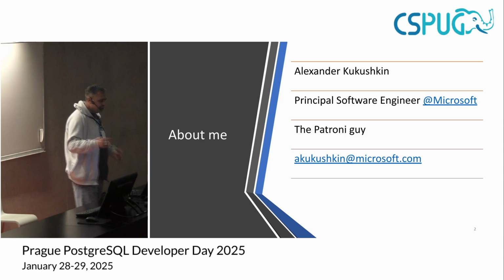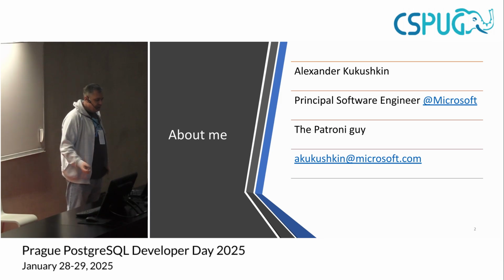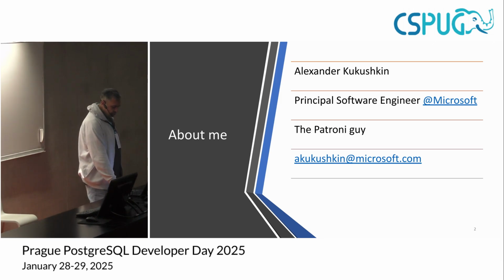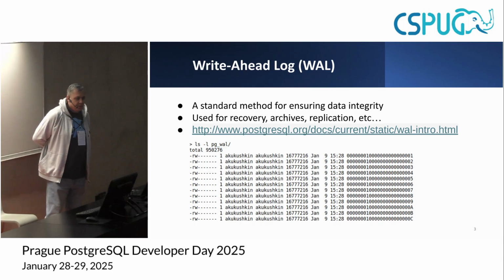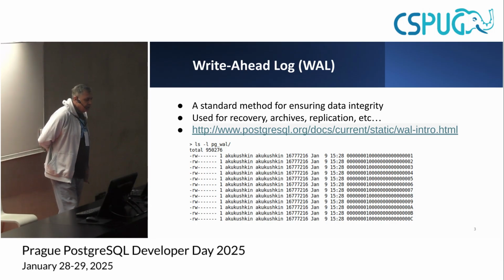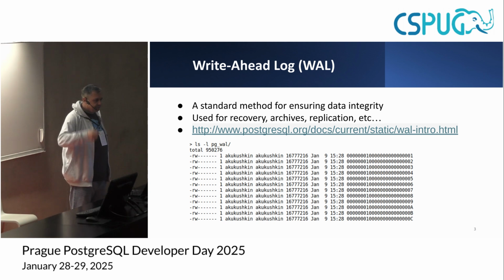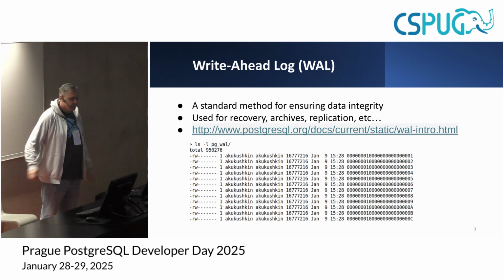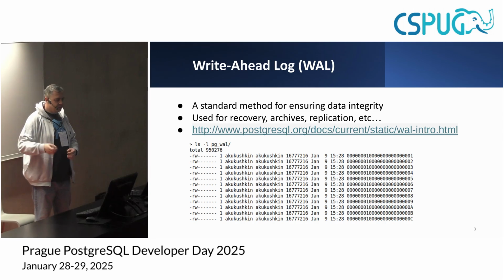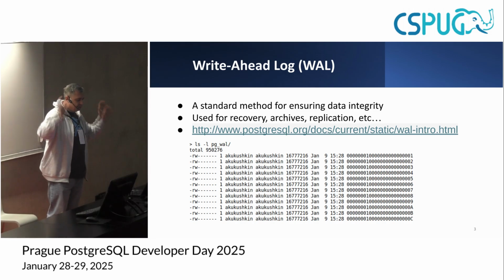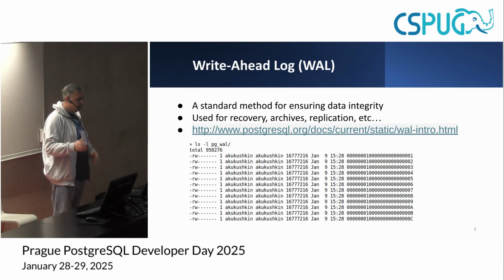At Microsoft, unfortunately, I'm not responsible for the HA part, but I'm deeply involved right now in Flexible Server, which is mainly Postgres, the same Postgres as you use when you install it from normal packages or compile it on your own. And this talk is about some myths and truths that I managed to collect while answering questions about synchronous replication, how Patroni works, and how Postgres replication works, because sometimes people have unexpected estimations about its work.